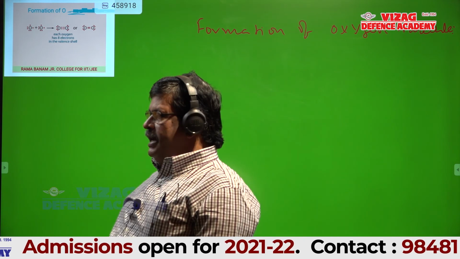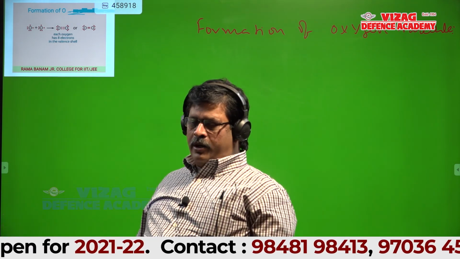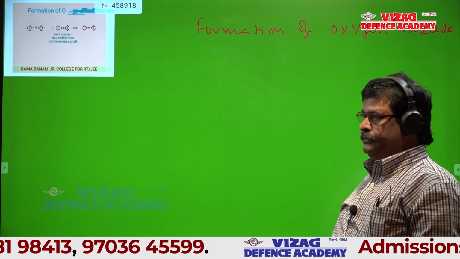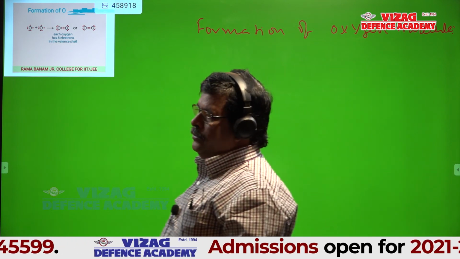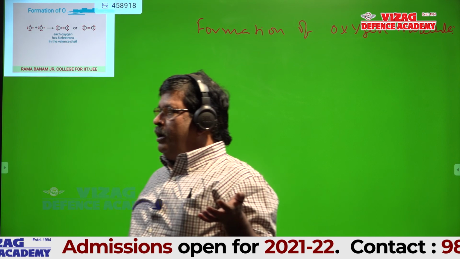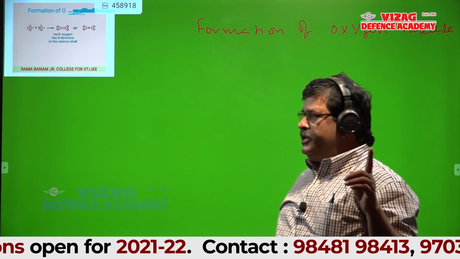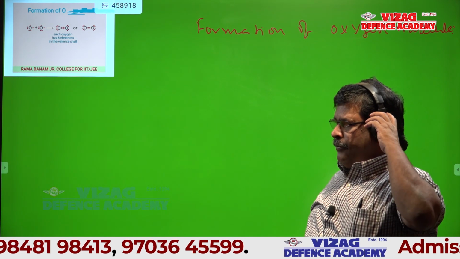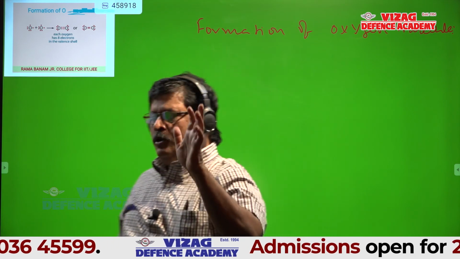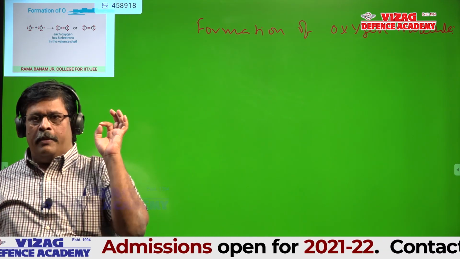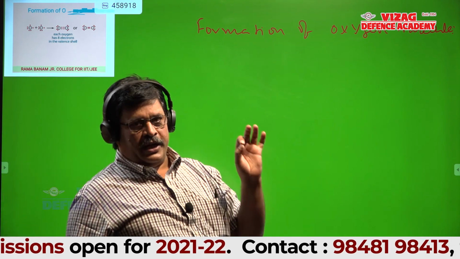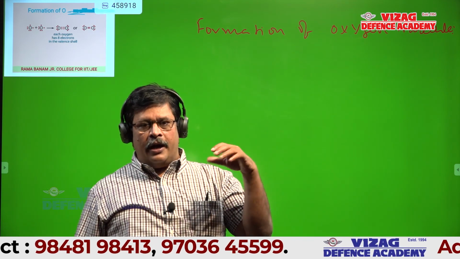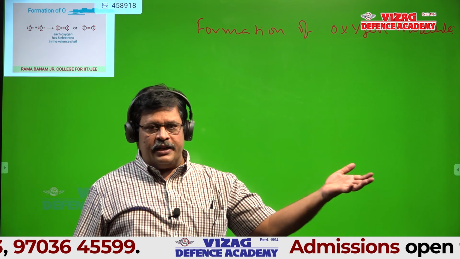Students, can anyone tell, does this O2 molecule contain a single covalent bond, a double, or a triple? Double, sir. How? Oxygen requires two electrons for octet. Excellent, Kranti. See how many electrons are contributed by each oxygen atom. If you know that, then you can identify whether it contains a single, double, or triple covalent bond.